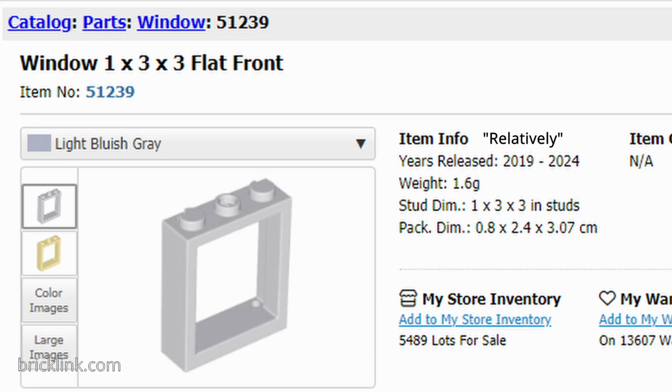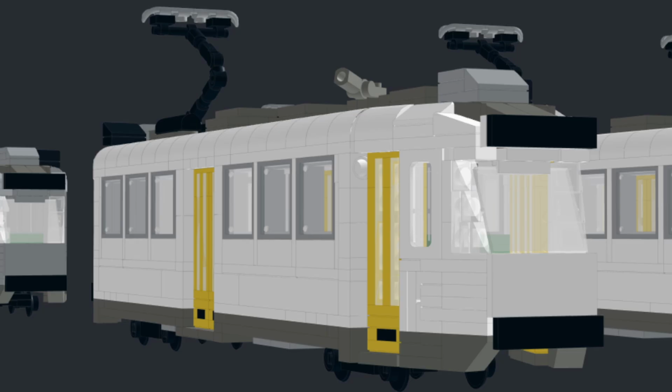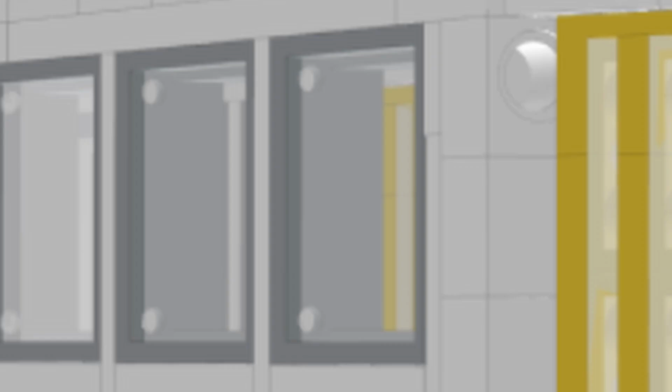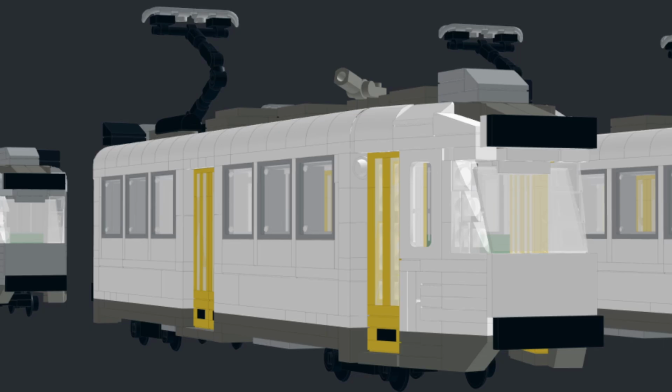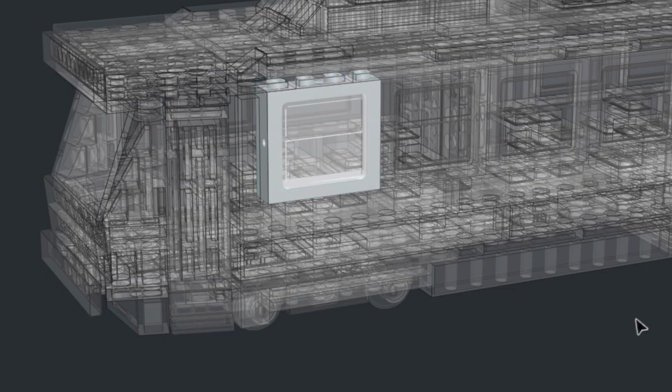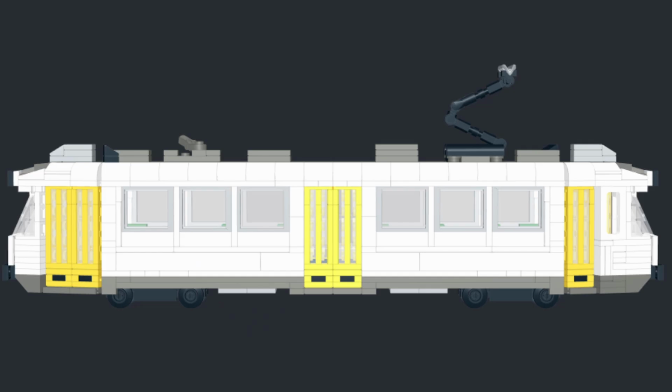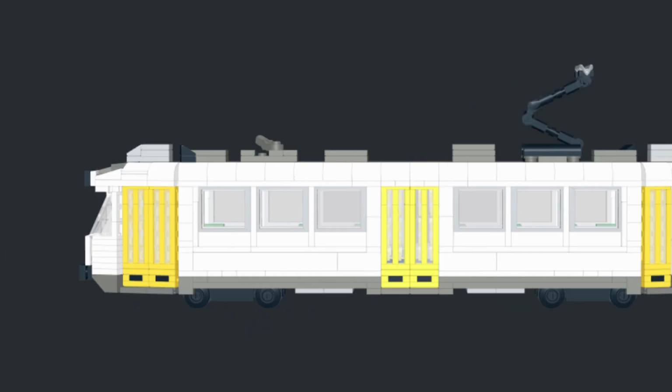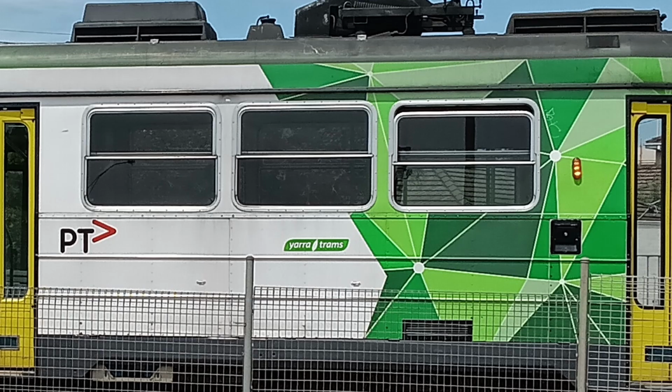I ended up going with the relatively new 1x3x3 windows on their side, which I initially didn't like because they came as one complete piece, whereas the real Z's windows are split in two. The two main advantages of going with them made them winners though, those being that I could change the frame's colour to imitate the frame on the real Z class, something that I could not do with my B, and